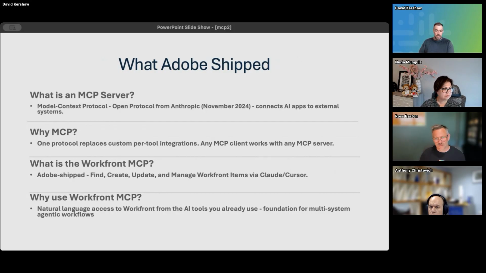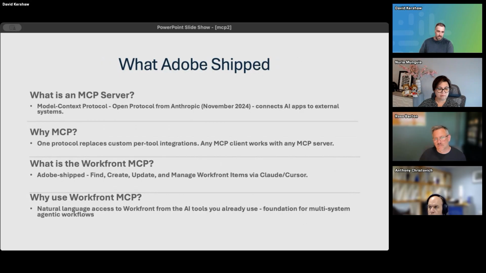What is the Workfront MCP? Well, it's a way to talk to Workfront, like I suggested, through natural language prompts that query your Workfront instance. If you've used Fusion or the Workfront API, there's a very specialized way you have to talk to the Workfront API and backends to get the information you need. MCP makes that available through natural language prompting. So you can just ask English questions to your Workfront instance and get answers back.